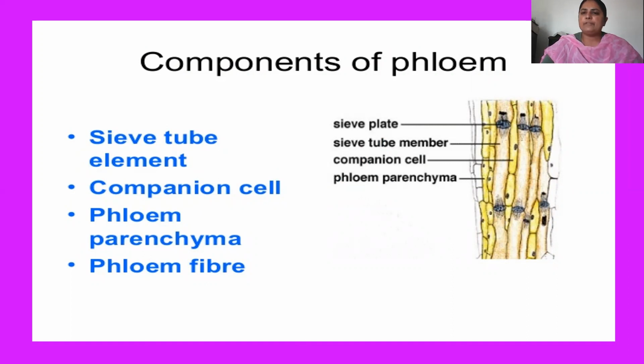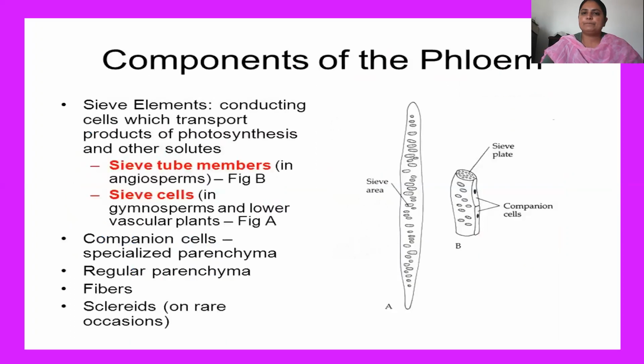A special type of cells known as companion cells run along with these sieve tube members, and the sieve tube members do their task by utilizing the nucleus of the companion cells. And why is the phloem parenchyma present? You know that parenchyma tissue is always involved in storage. So here they are storing the extra food in the phloem, which is later used by different parts of the plant for various metabolic activities.